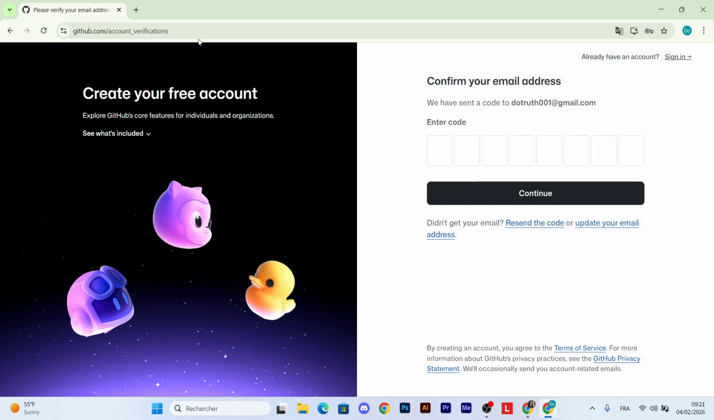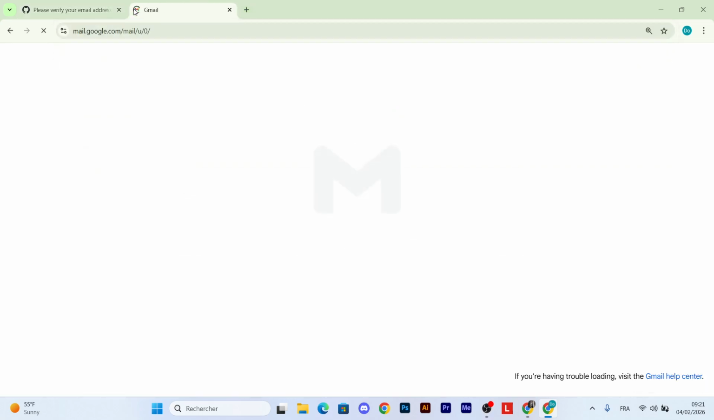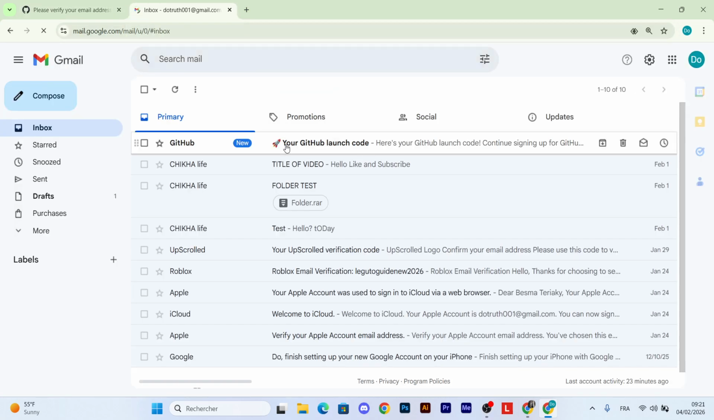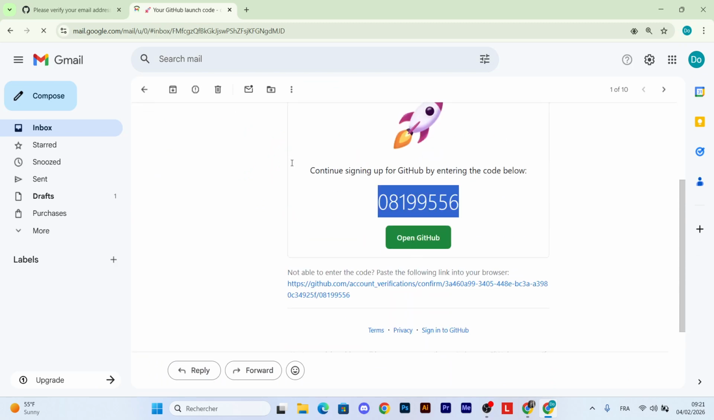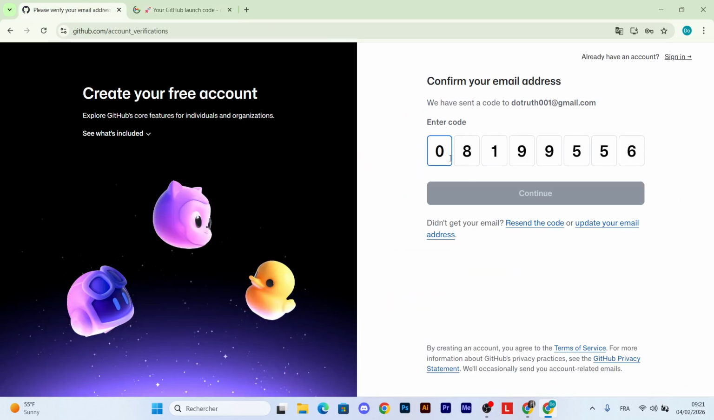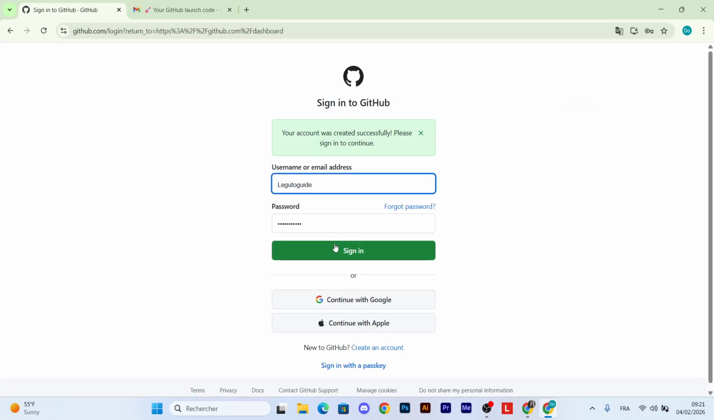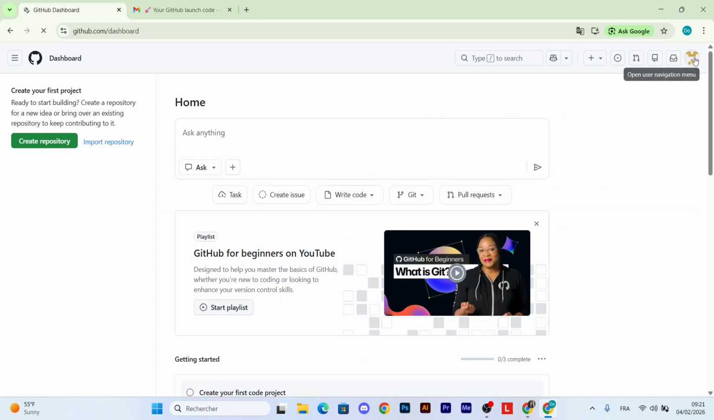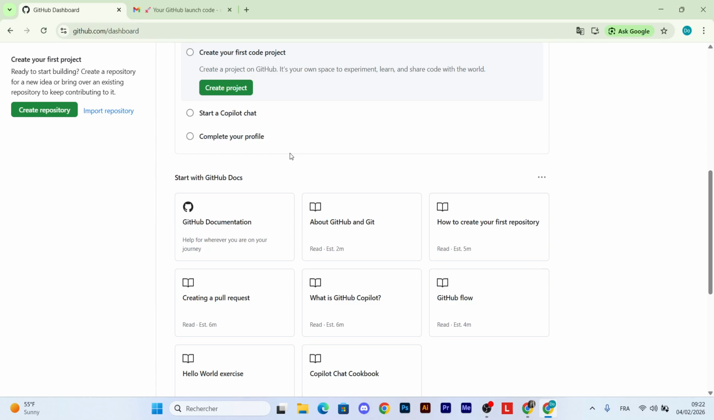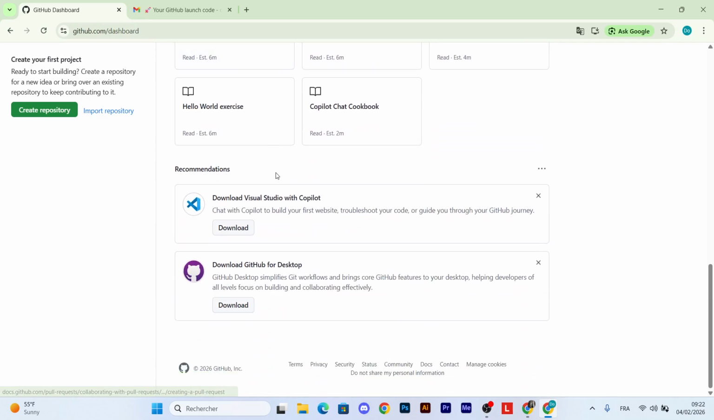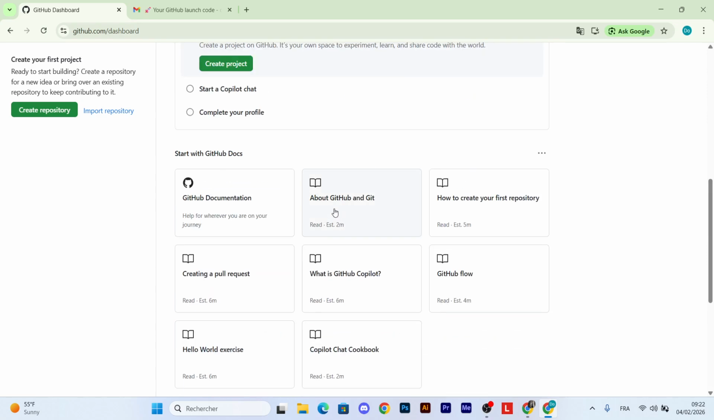Now go to your Gmail, find the GitHub email, copy the code and continue. Now just click Sign up, and we will have an account here in GitHub. We can use it with Visual Studio with Copilot and AI, with GitHub Desktop, and with other